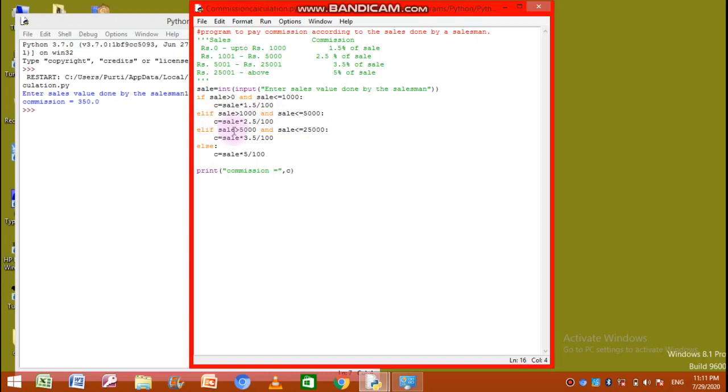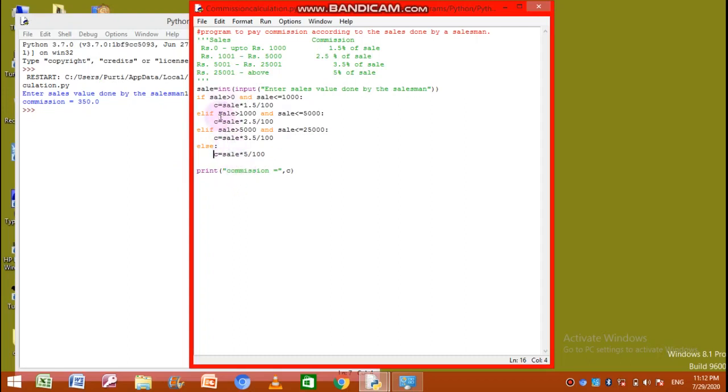Again the next condition is checked. 10,000 is greater than 5,000, yes. 10,000 is less than 25,000, yes. Both the conditions are true, so the overall result is true. So 3.5% of 10,000 is calculated, that is rupees 350, is stored into C, and then automatically the control will jump out of the if else block.